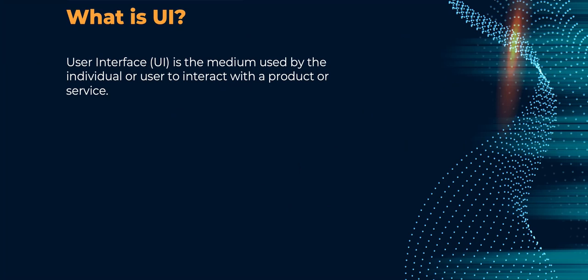Okay, so UI UX. What is UI? UI is basically user interface. And what is user interface? The medium used by the individual or the user to interact with a product or service. So user interface is basically what the user interacts with to get a specific job done or a type of job done. Right, so